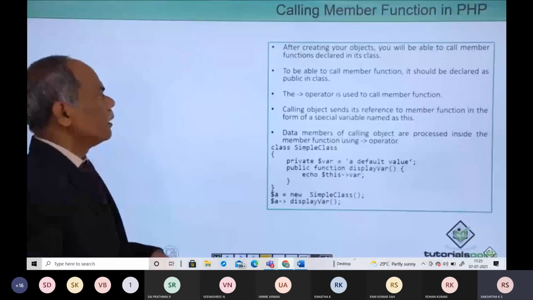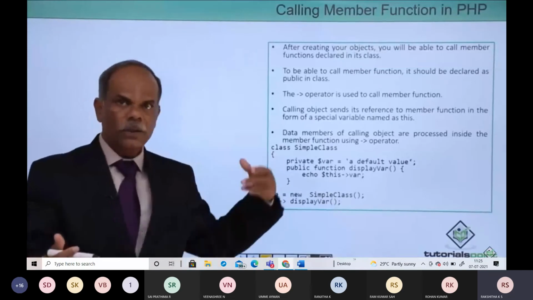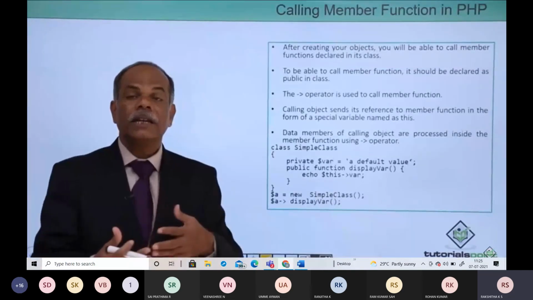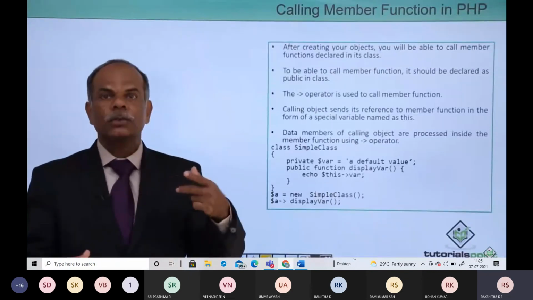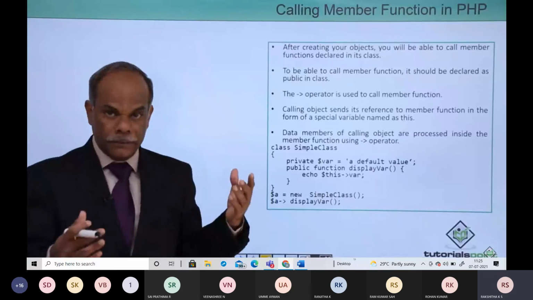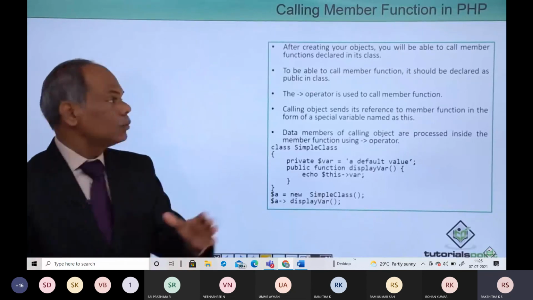After creating the objects, you will now be able to call the member functions. Generally speaking, we will see later on, the member variables are declared as private. So therefore, direct access to the member variables will not be allowed. However, the functions are declared public, so therefore you will be able to call